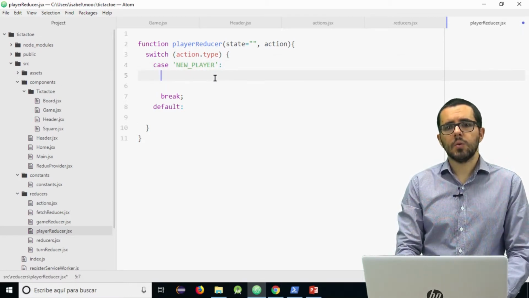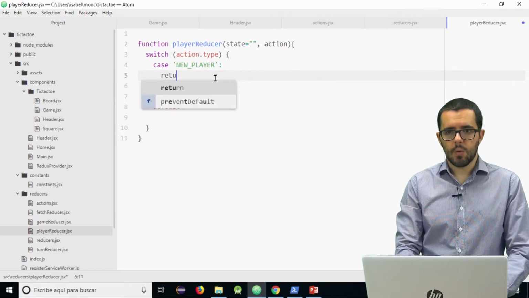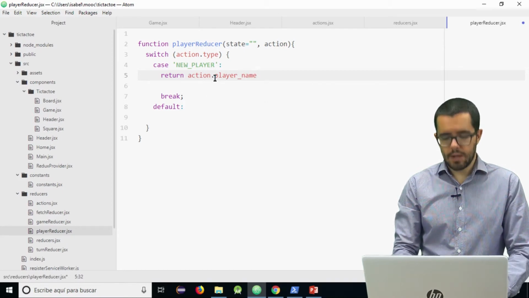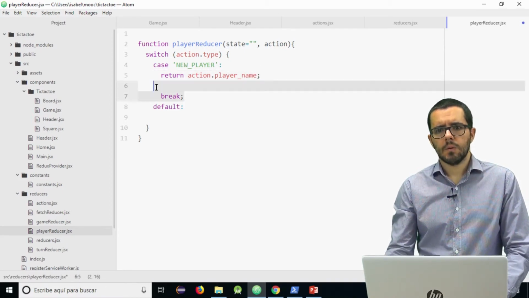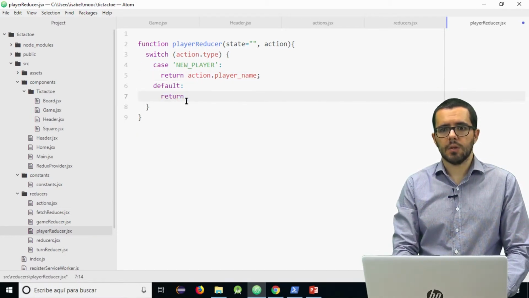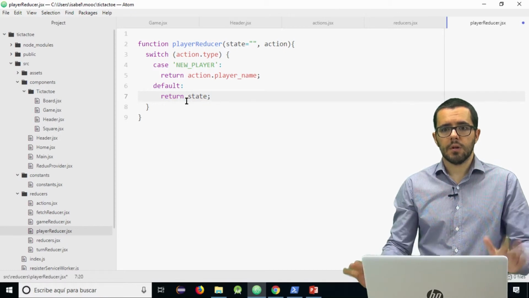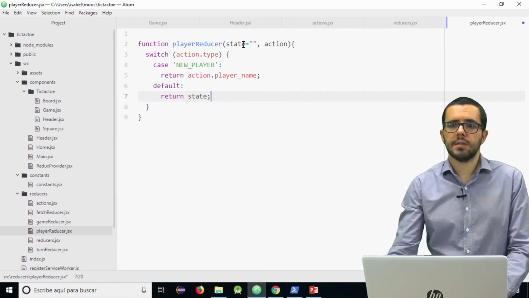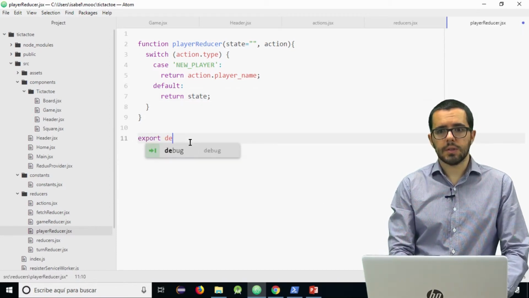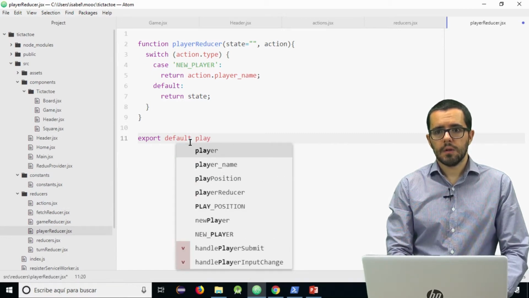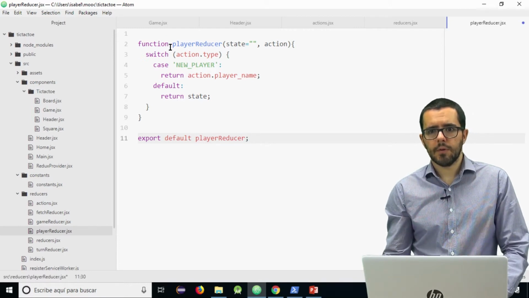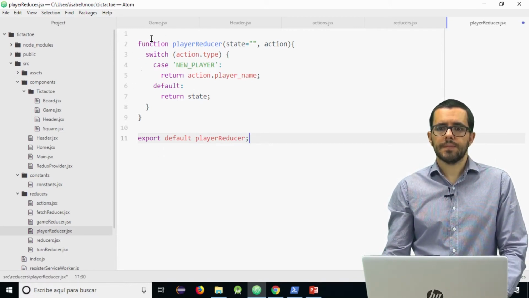And what do we do when we receive this action? Well, we just have to return the payload, player name. And by default, as always, if it is an action that we don't control, we return the state we received, which by default starts empty. Well, we have to export it, of course, as always, playerReducer. You can add the export up here too, of course.